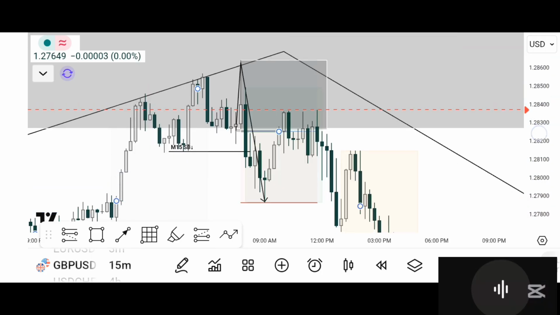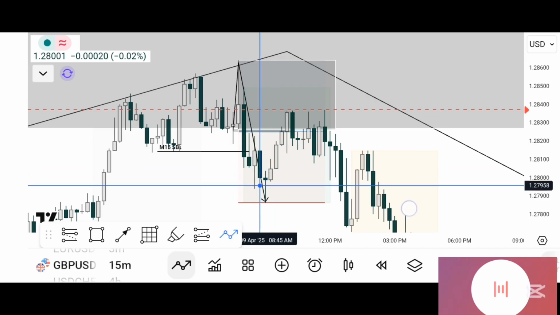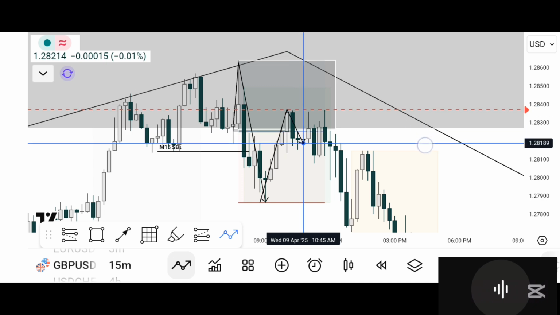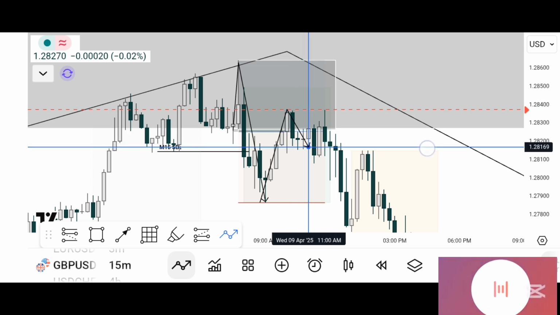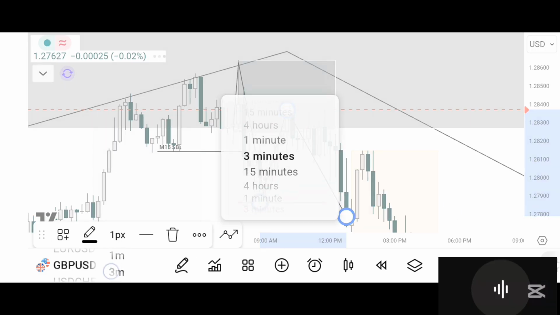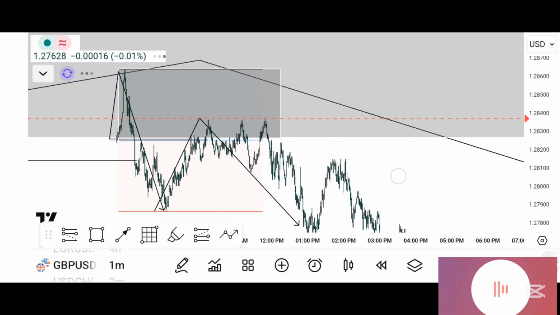So after I get my supply zone, what I do is I wait for it to tap my supply zone and look for my 1-minute liquidation and entry criteria to go short. So, and I got it. Let me go to the 1 minute to break it down for you. So now dropping to the 1 minute, what we can see is that